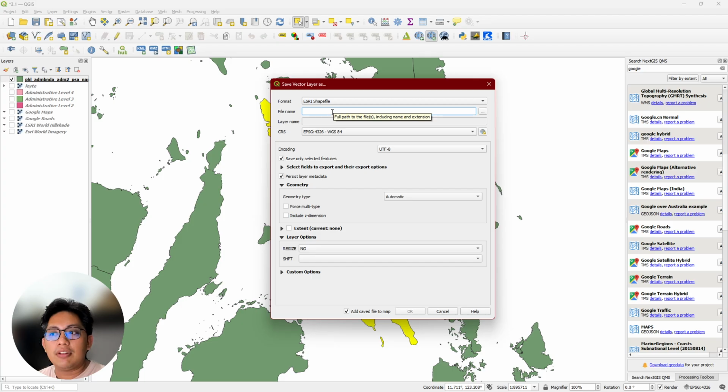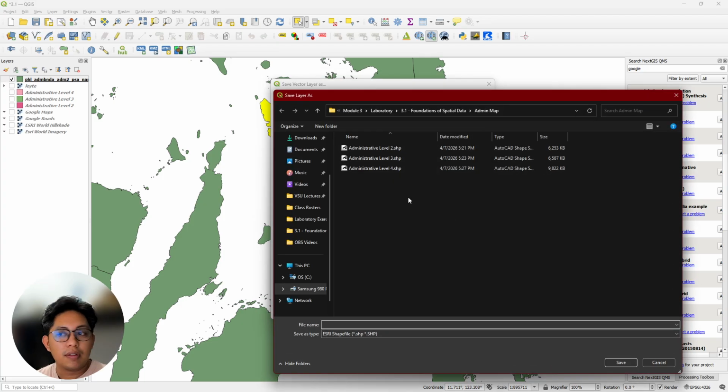Instead of writing the file name here, click Browse, find your folder, and use whatever name you want to use. So in this case, in the demo today, I've labeled them Administrative Level 2, SHP.